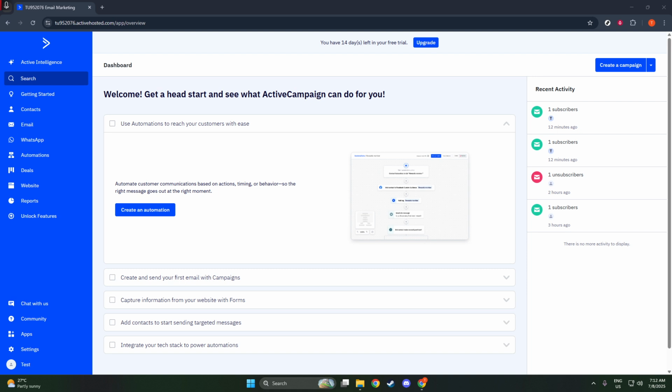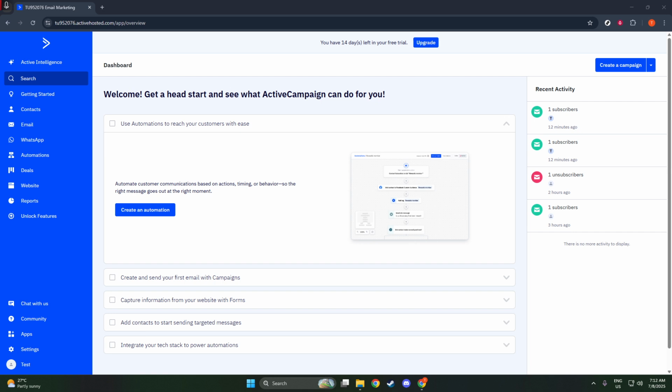First things first, you'll need to navigate to the contact's profile within ActiveCampaign. This is your starting point because each contact's profile contains all the necessary information and options you need to manage their interactions within your automation sequences. To start, head over to your ActiveCampaign dashboard and find the contact you wish to add to an automation. Click on their name and you'll be directed to a detailed profile page filled with valuable insights about their engagement